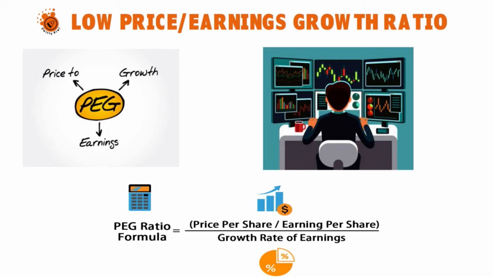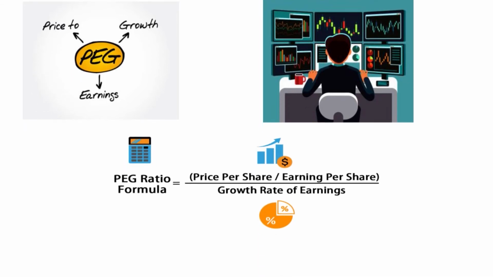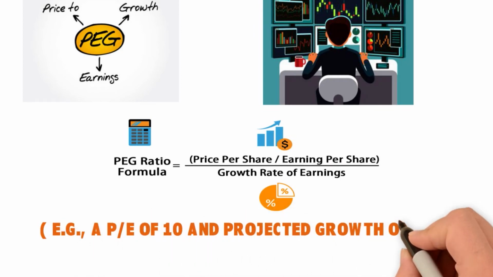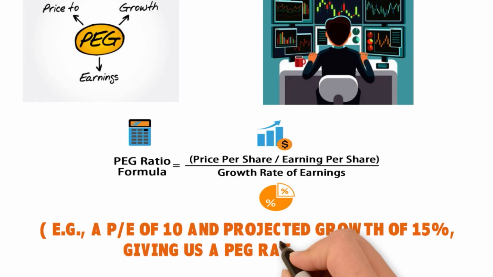When you're looking at a stock, you want to take the PE ratio and divide by the earnings growth rate. So, for example, a PE of 10 and projected growth of 15% will give you a PEG ratio of 0.66. In other words, you divide 10 by 15, right? If you have a ratio that is less than 1, investors may be giving more weight to past performance than to future growth opportunities. So be aware that growth projections are just that. However,